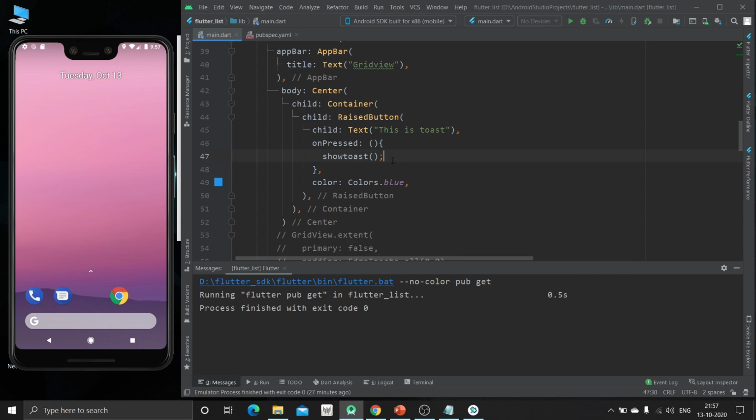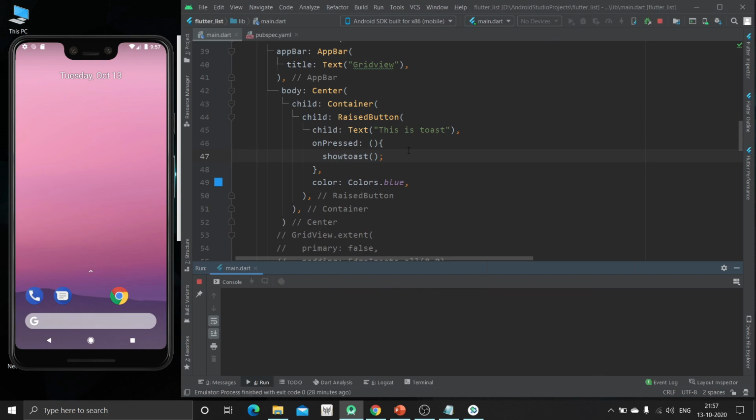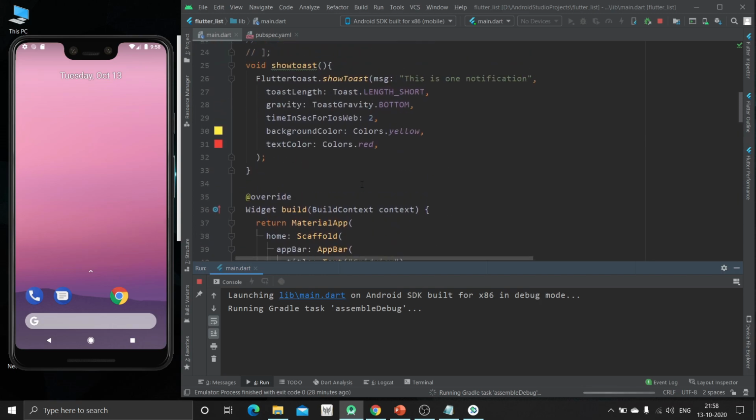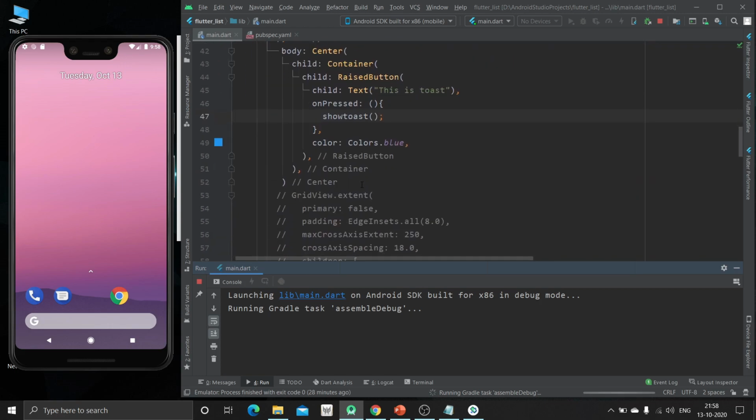So these are the uses of this. Okay, just run it again. It's running. Now we are going to see the output.